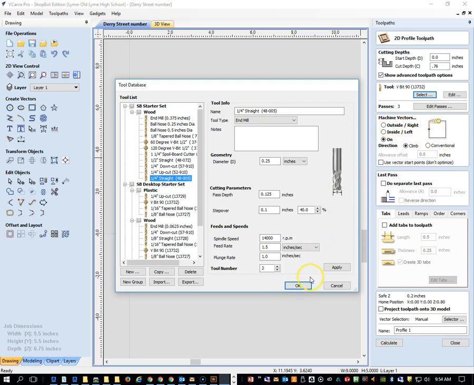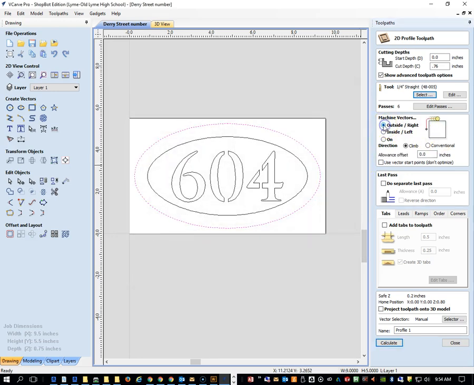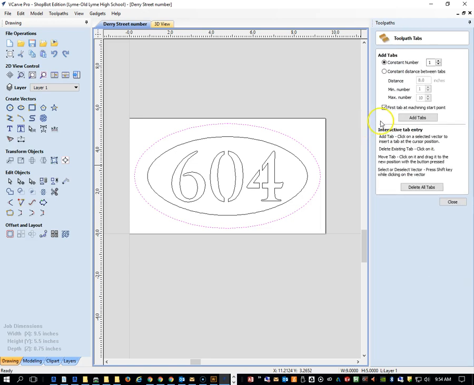In this case we're going to be on the outside of the line, and it's really important that we're going to add tabs, and we're going to leave our tabs a 1/2 inch long and a 1/2 inch thick as well, 0.5 thick. And we're going to call this 0.25 profile. We're going to hit the edit tabs, and it's going to allow us to add tabs where we want to add tabs. It's really important that you put the tabs in these locations